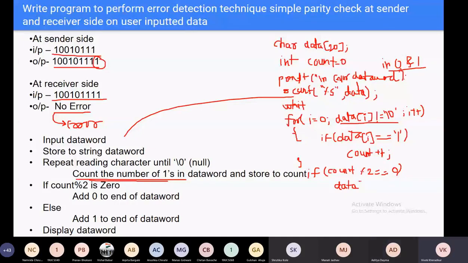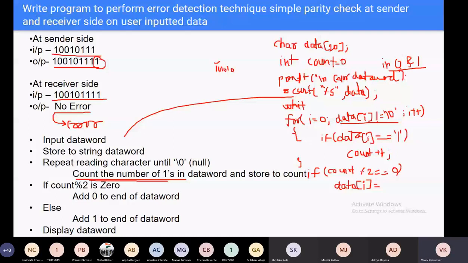See here, for example, your string is 101010. The indices are 0, 1, 2, 3, 4, 5. So up to data of 5 it is not null, but at data of 6 there is a null value. It is out of the loop.